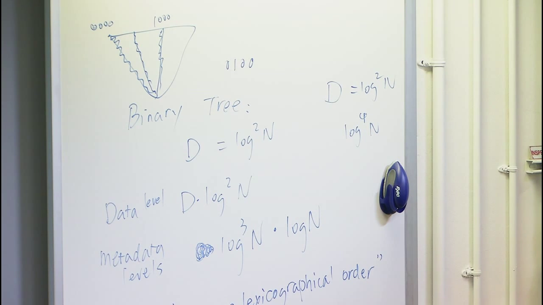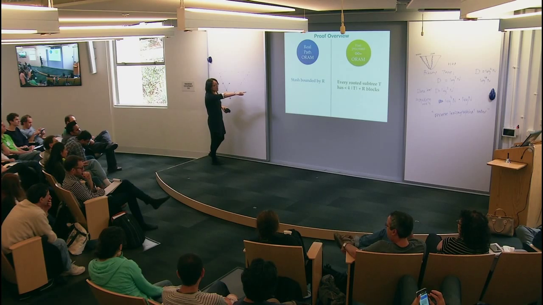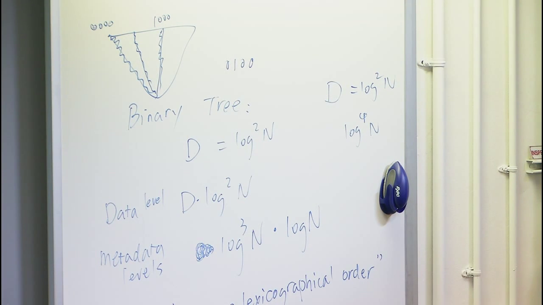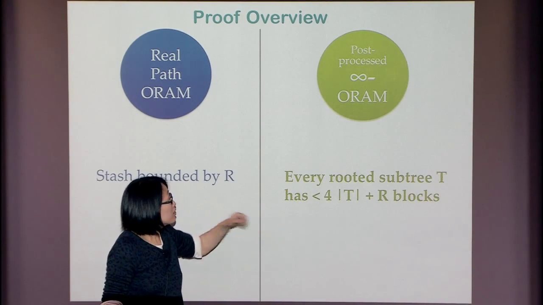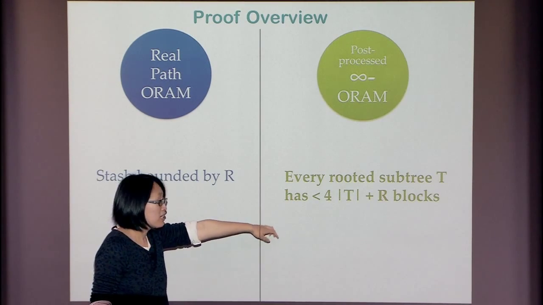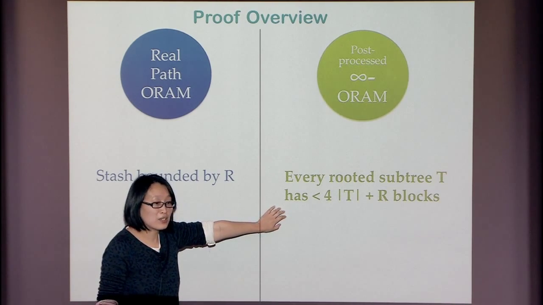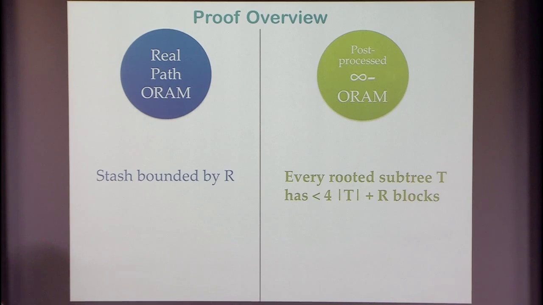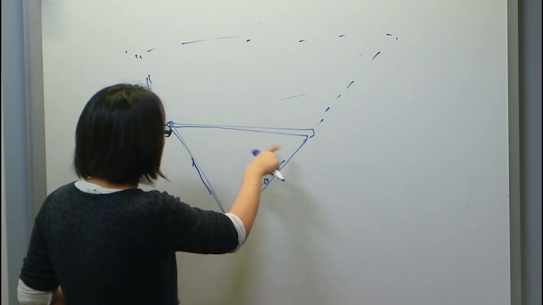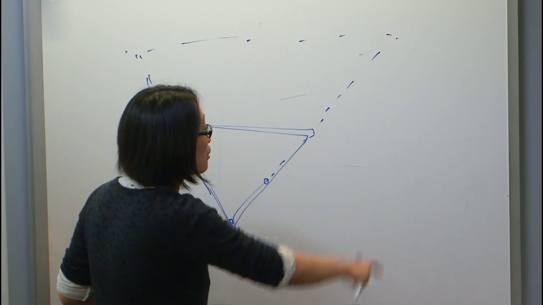So essentially, I want to show that for every subtree T, the usage is going to be bounded by 4T plus R. What's going to happen is you are going to do a union bound over all of the 4 to the n, roughly speaking, subtrees. But instead of considering arbitrary subtrees, it's easier to consider subtrees that are regular. So let's say I'm only going to consider subtrees that are flat. Okay, and I'll explain the intuition for these flat subtrees,